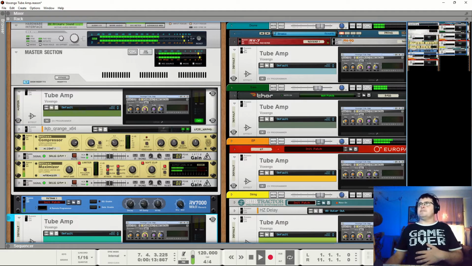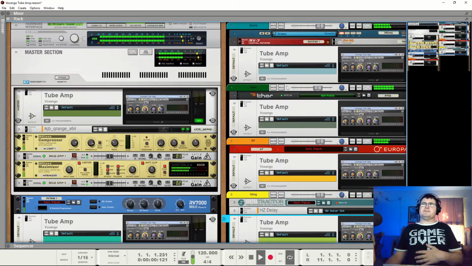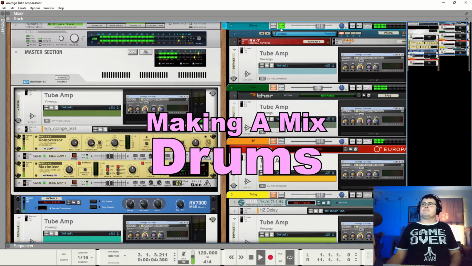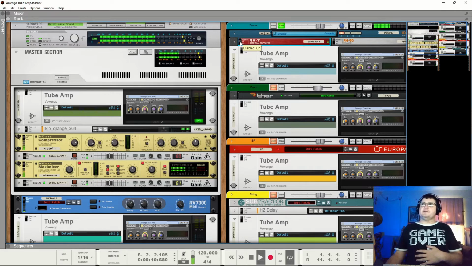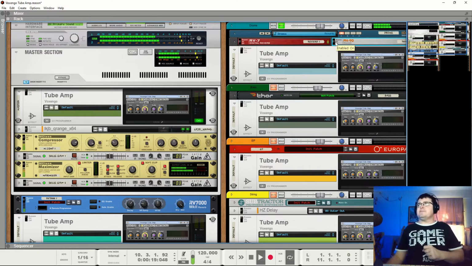Master's reverb gone. So that's our mix with nothing on it. Drums. I have put a little bit of reverb going into a little bit of phaser to keep these things moving. Nothing worse than drums that are just not moving because they're samples. Ugh. No amount of saturation will save that.